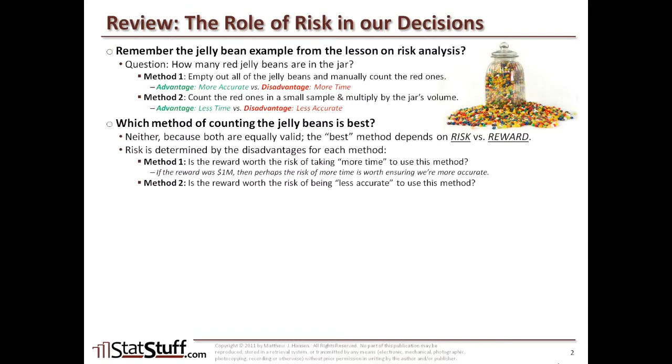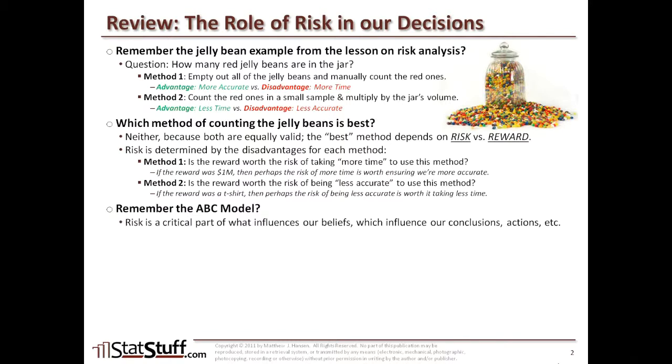For method 2, though, the disadvantage was being less accurate. Well, is the reward worth the risk of being less accurate to use the method? Well, if the reward was a t-shirt, then perhaps the risk of being less accurate is worth it in taking less time. So remember, if we went over the ABC model, well, in that example, we talked about how risk